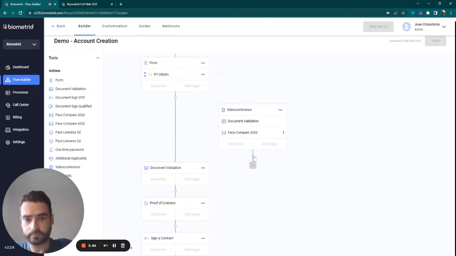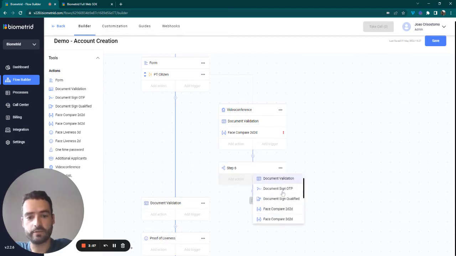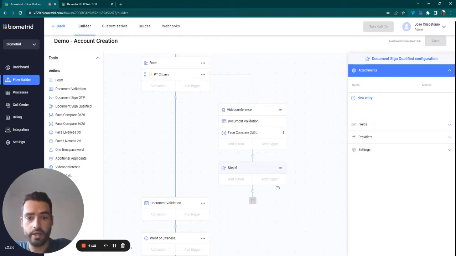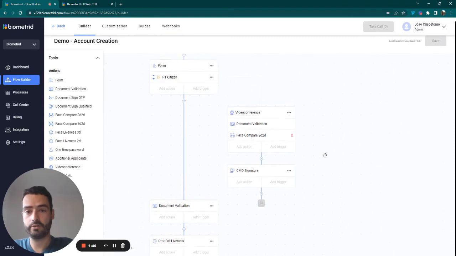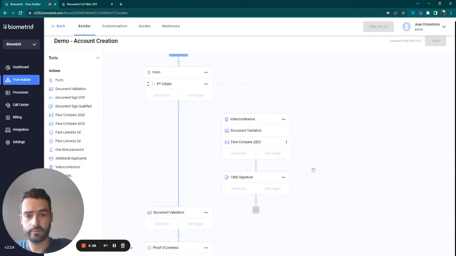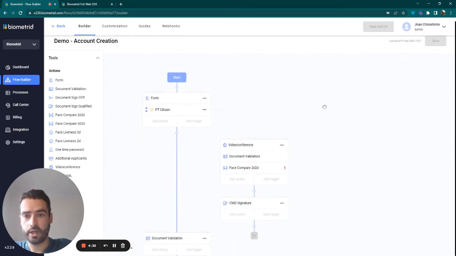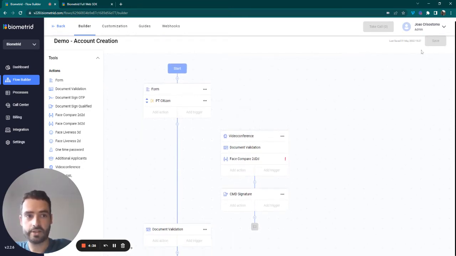go through this. And then I can go on and ask a different thing, such as, for example, I can request that they go through a digital signature. If it's a Portuguese citizen, we can actually have an integration with a digital token, which is a qualified digital signature. And let's say CND signature, and off they go with their own different structure. So now, if you see here on the right, it doesn't allow me to save because I